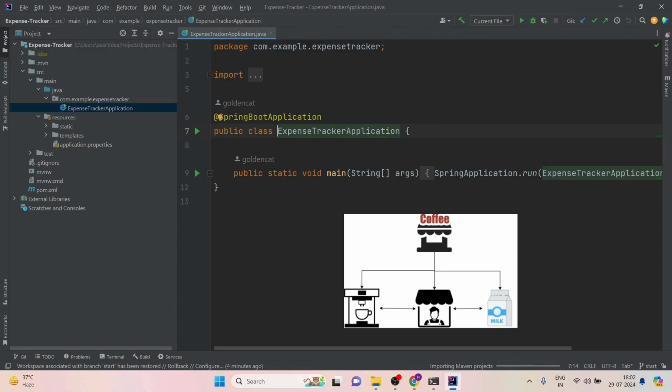In a Spring Boot application, you would define all of these components as beans. So, a bean in Spring Boot is simply an object that is managed by the Spring container. In other words, Spring takes care of creating instances of these objects, configuring them, and managing their life cycles. Now, coffee maker is also a bean, but it depends on coffee machine and milk steamer bean to make a latte. So Spring automatically injects the coffee machine and milk steamer beans into the coffee maker bean,